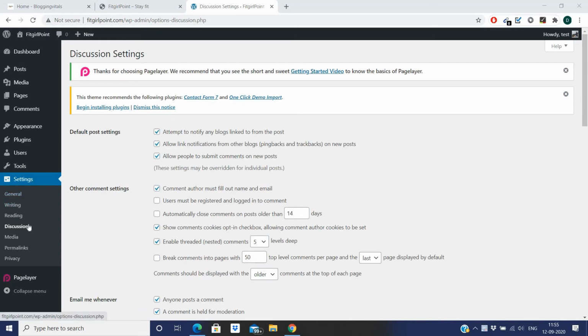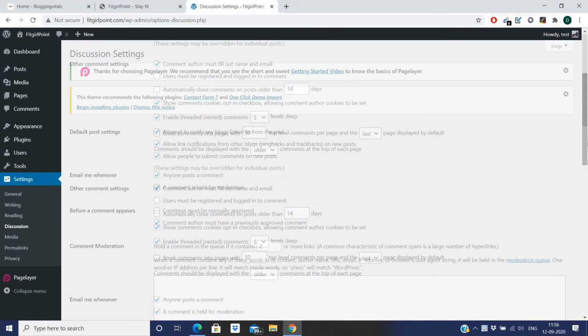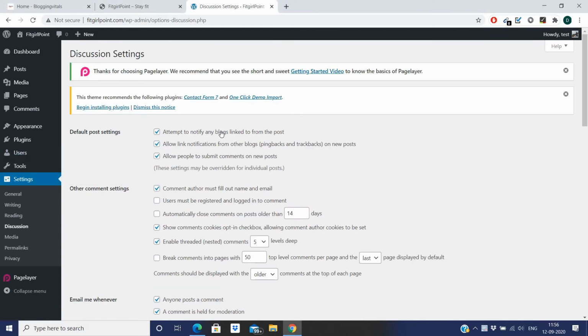Now head towards the discussion section in the settings option, and there are lots of options here, as you can see. In the default post settings, there are three options: attempt to notify any blogs linked to from the post, allow link notifications from other blogs, and allow people to submit comments on new posts. Keep all these selected as they are.